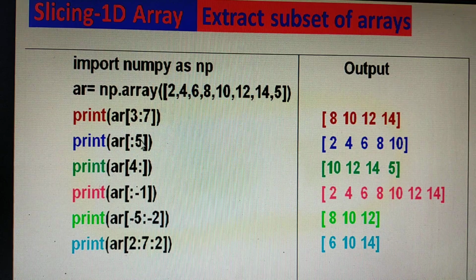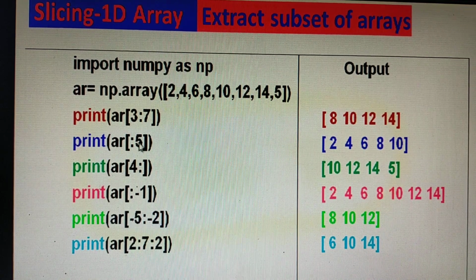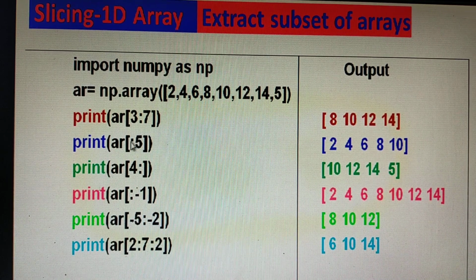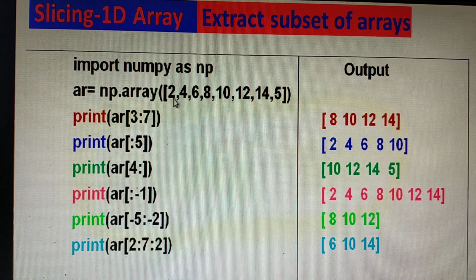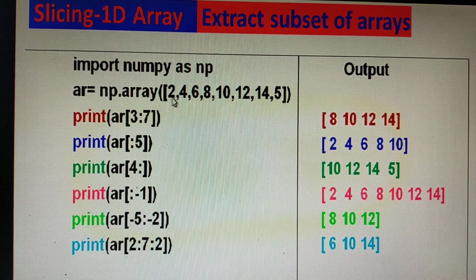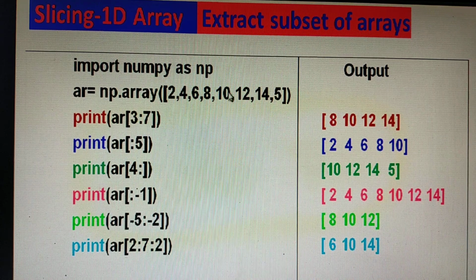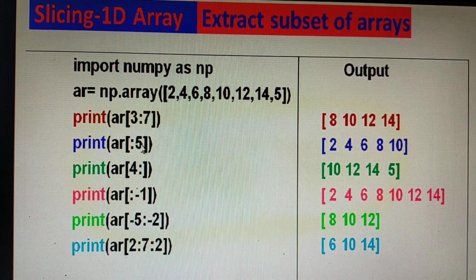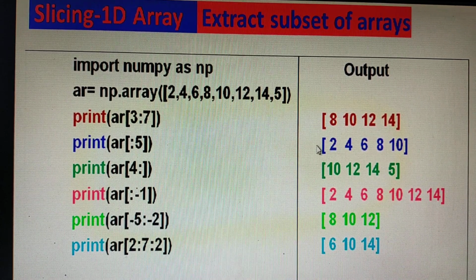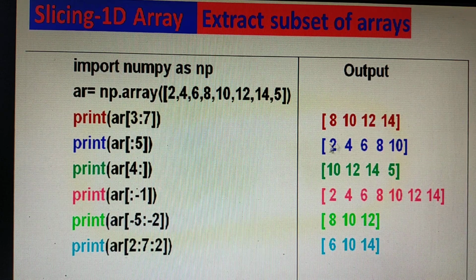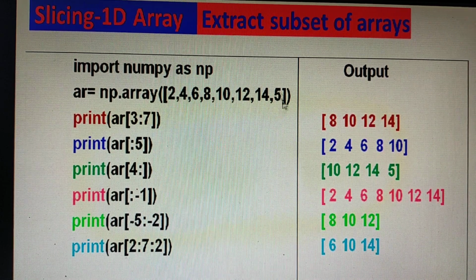The last digit, 5, will not be included, so it will access from 0 to 4. That is, 2 to 10: 0, 1, 2, 3, 4. So 0 to 4 will be accessed, and you get this result when you give this command.